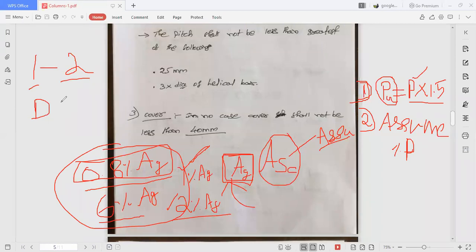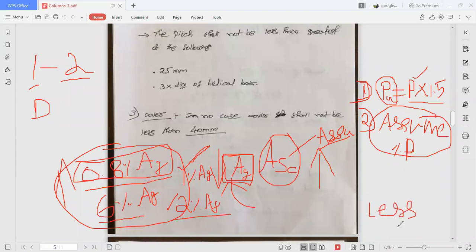The designer has to check the safety by increasing the percentage of steel. By increasing the percentage of steel, what will happen? The area of the concrete will reduce so that it will embed in the wall itself. వాల్ లోపలే సెట్ అయిపోతుంది, వాల్ నుంచి బయటకు ప్రొజెక్ట్ అవ్వకుండా అంత పెద్ద డైమెన్షన్స్ రాకుండా ఉంటాయి. Okay, so here what I would like to say is, if you select more percentage of steel in the second step, you will get less dimensions of column at the end. If you select less quantity of steel in the second step, you will get more area for the column at the end. Okay, just be online, just a minute.